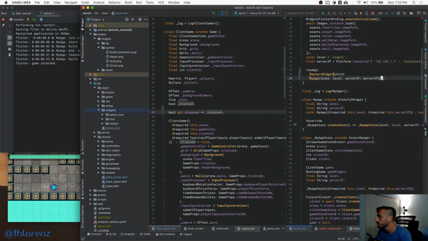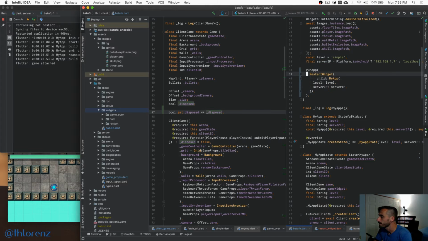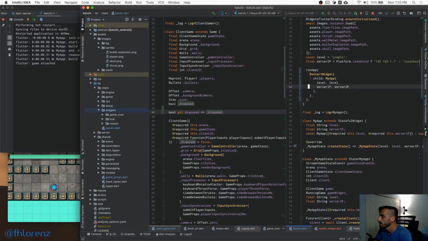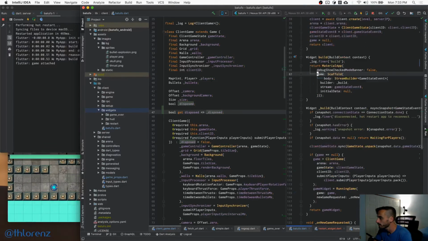All right, let's see. Okay. Actually, let's do it this way. So we got, okay, now this renders nicer. So we got the restart widget. And so then from anywhere, when we restart the game,